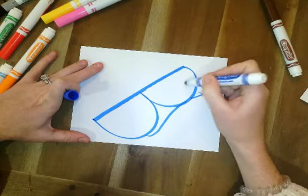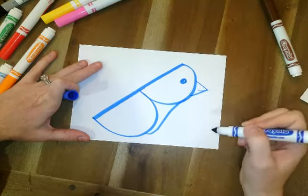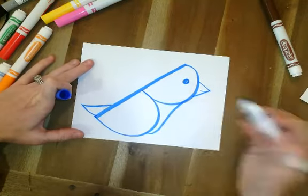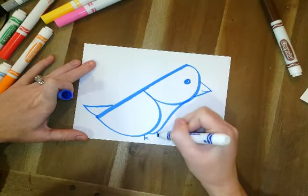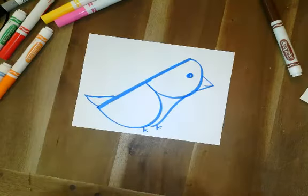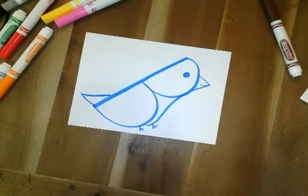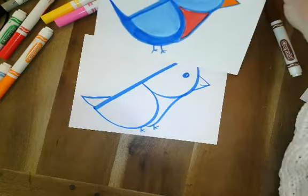Could do a little smile. I'm gonna give him a little eye. And then I could do a little tail sticking out the back. And how about some little feet? Don't forget his little feet. So there's one little bird, and you can color him in whatever color you like. I kind of did a blue bird with a red belly. That's kind of the same